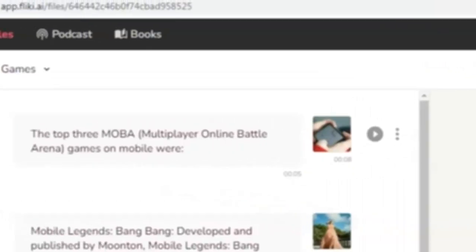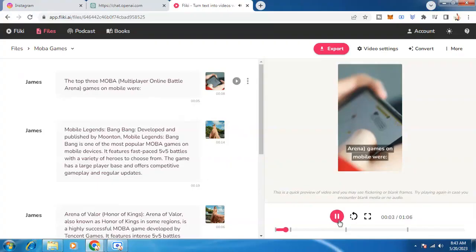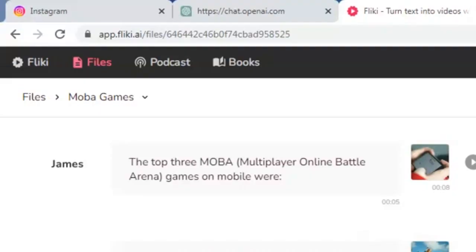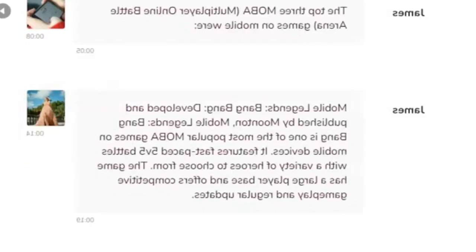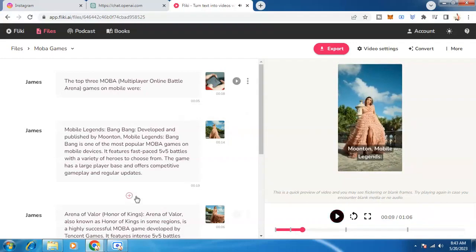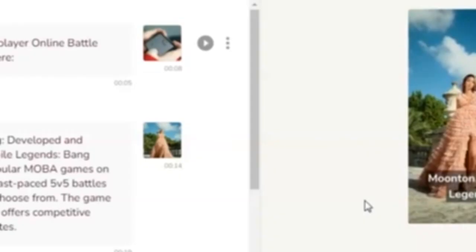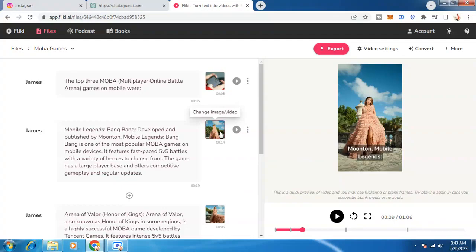The top 3 MOBA multiplayer online battle arena games on mobile were Mobile Legends, Bang Bang, developed and published by Moontun. Mobile Legends. Now as you can see, the audio quality is pretty good, and you can also change your